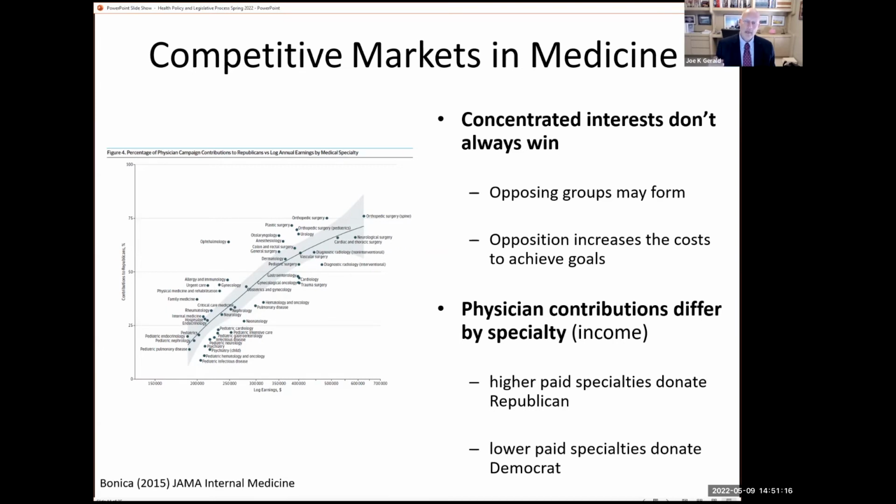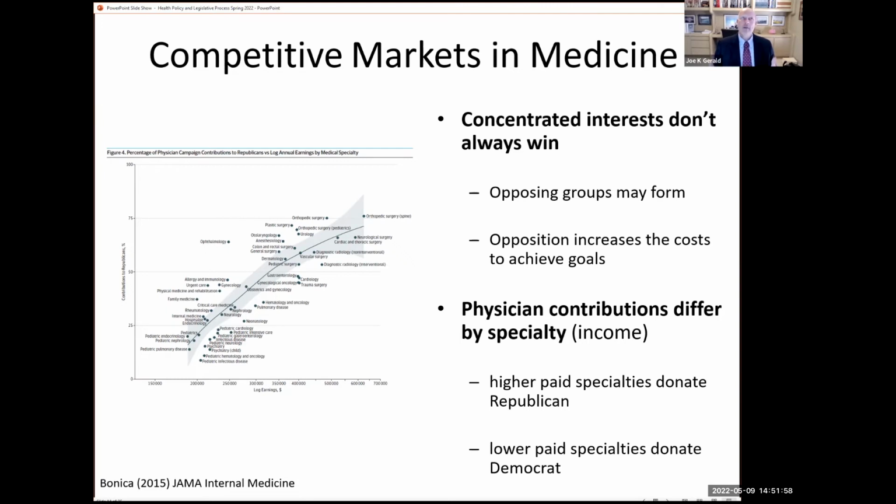But if that win comes at the cost of what might happen in a primary care group, well, primary care doctors can lobby as well. They can go to that Republican congressman and say, hey, this is going to be a problem. We're not going to be able to vote for you, or, we're going to basically support the opposing candidate in the next election. And so depending on how the interests line up across various industries, oftentimes industries with concentrated interests lose, and they don't get the legislation that they want because the cost would have been borne by other groups with concentrated interest who basically lobbied in the opposite way.